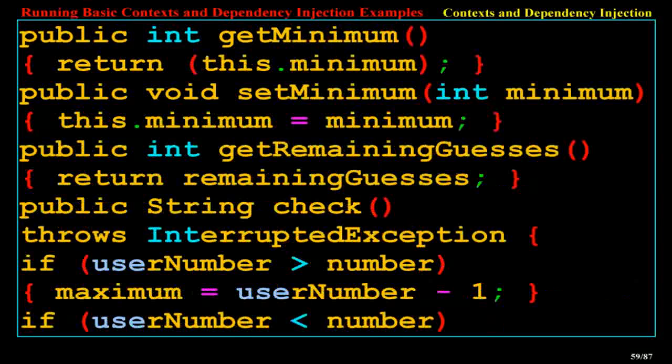Maximum equals maximum. Public int getMinimum() { return this.minimum; } Public void setMinimum(int minimum) { this.minimum = minimum; } Public int getRemainingGuesses() { return remainingGuesses; }